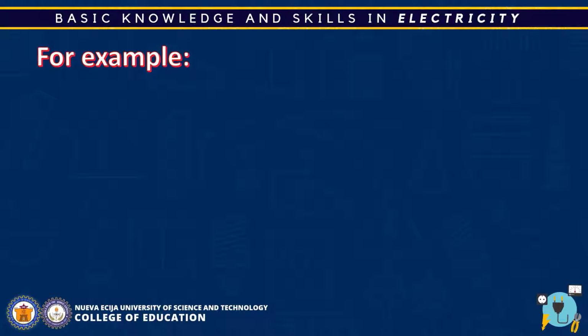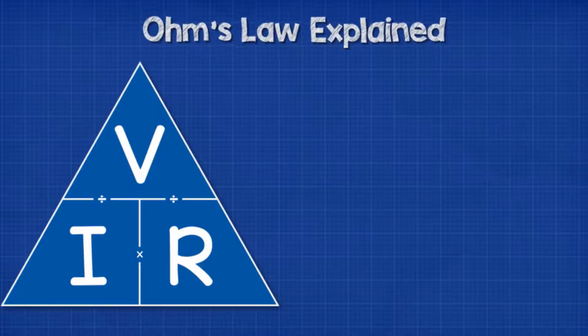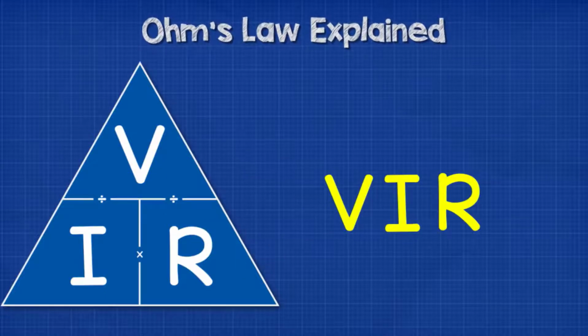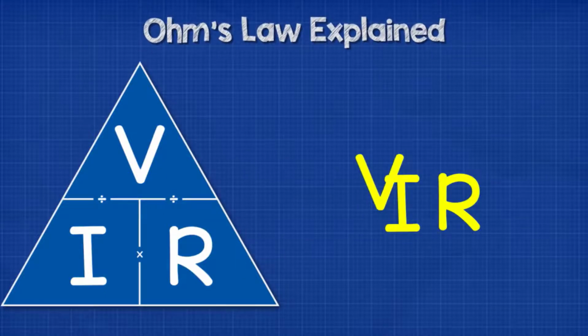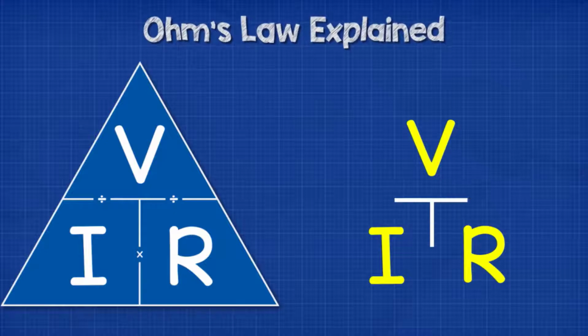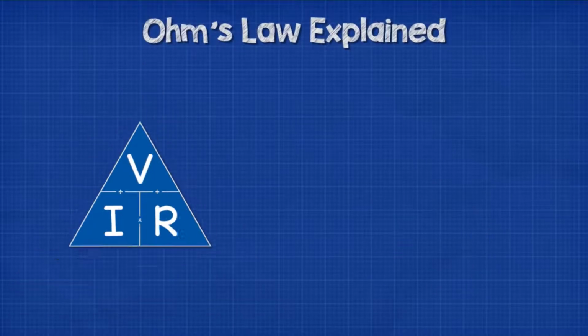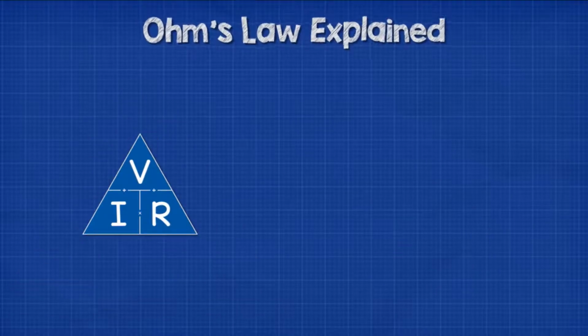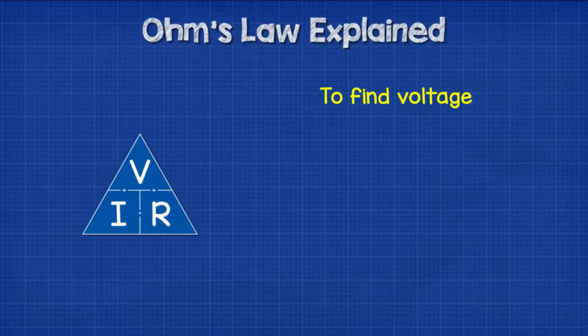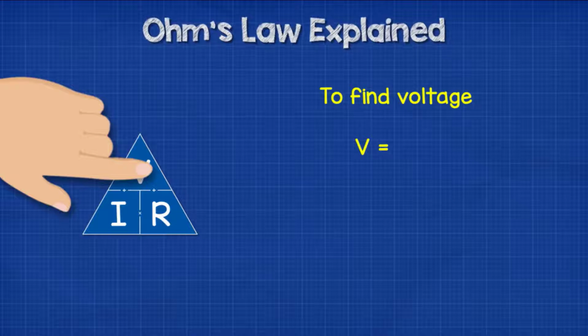For example, you just need to remember these three letters in order: V, I, R. Then we write those letters in a triangle with V at the top, and we draw a line to separate the letters. Now all we do when we need to use a formula is cover up the letter we need. So if we want to find the voltage, then we write V equals, and then we cover up the